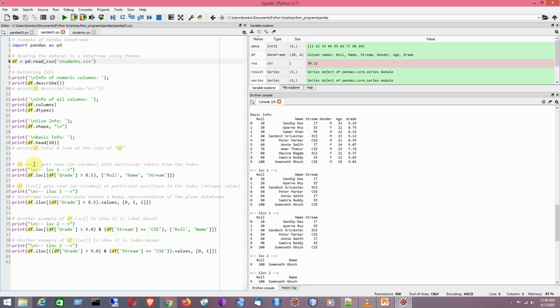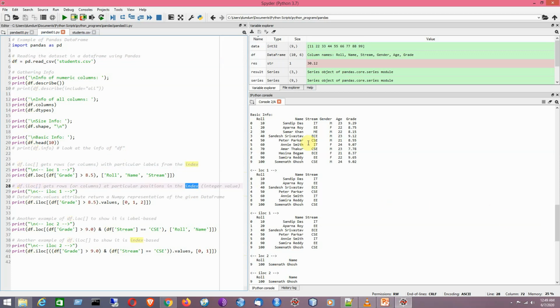That means we are using LOC as a label based operation, and similarly we will be using ILOC. We can apply it on rows and columns, but it is based on the index, that is, on integer values. Just have a look at it.